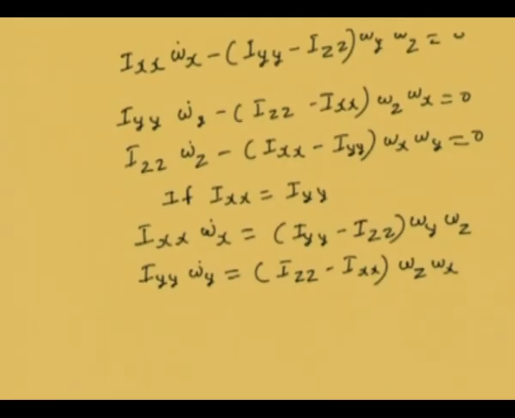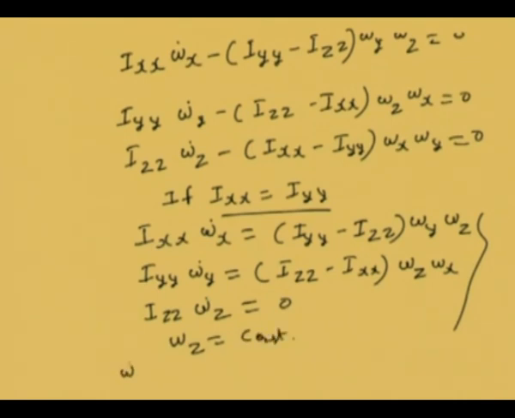Now Izz omega dot z is equal to 0. These are the three equations you get if you know Ixx is equal to Iyy in torque free motion. Then omega z is equal to constant. The third equation gives omega z is equal to constant, and omega dot x is equal to basically